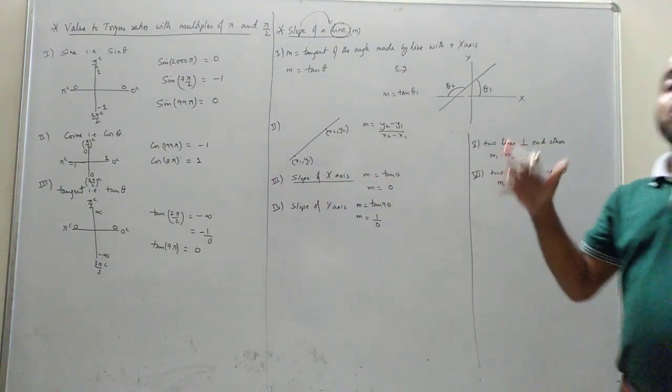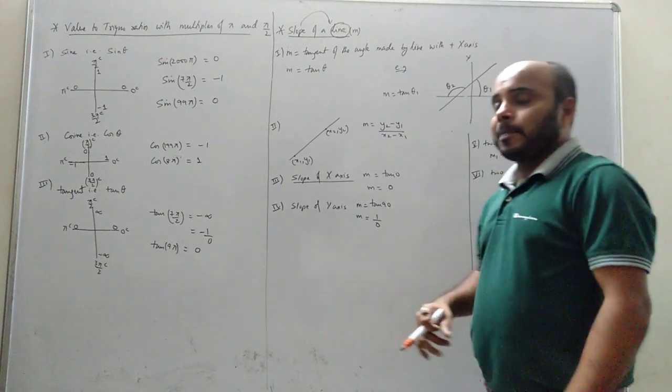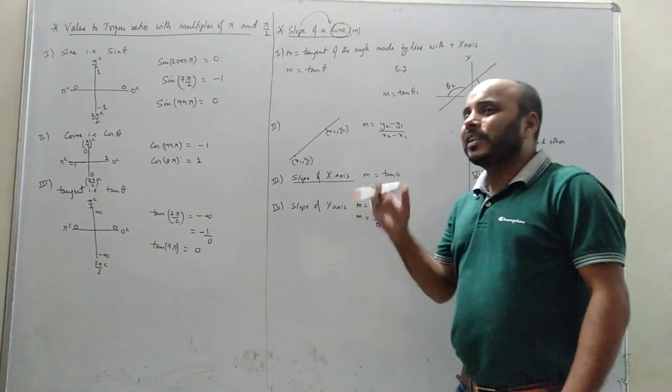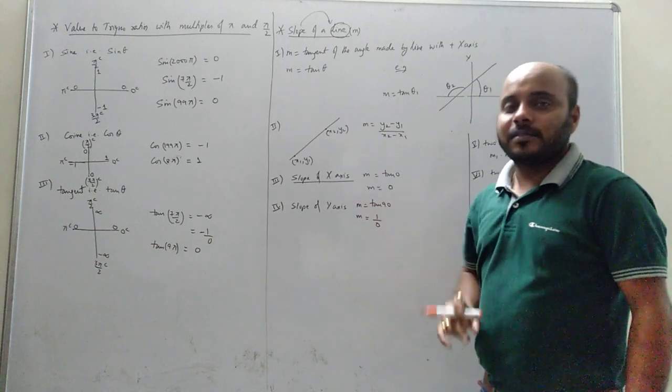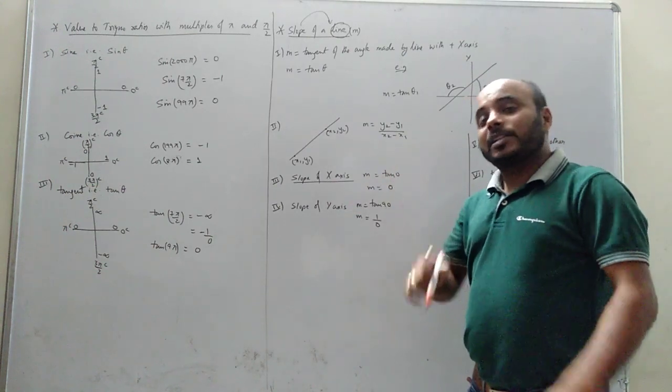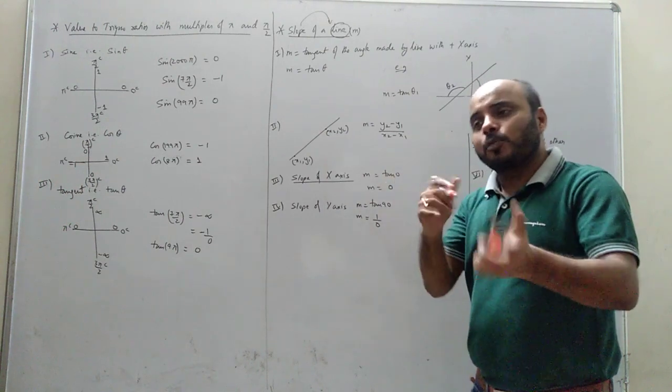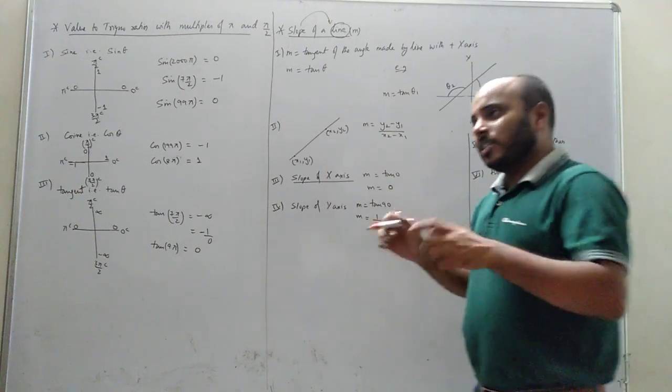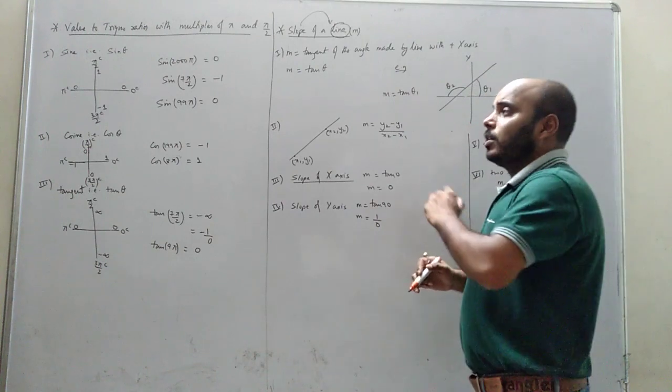We study sometimes the slope of a tangent in physics. So it's not actually the slope of the tangent, it is actually the line which is the tangent. Since tangent is a line, that means we are finding the slope of the line. But since that line is a tangent, that's why we name it as the slope of the tangent. Okay, so basically we get slope for a line.